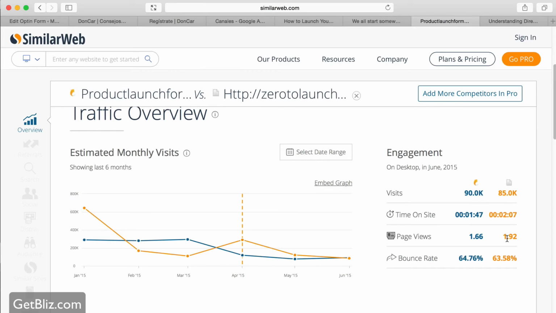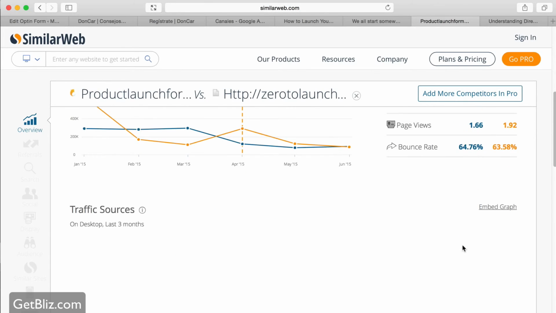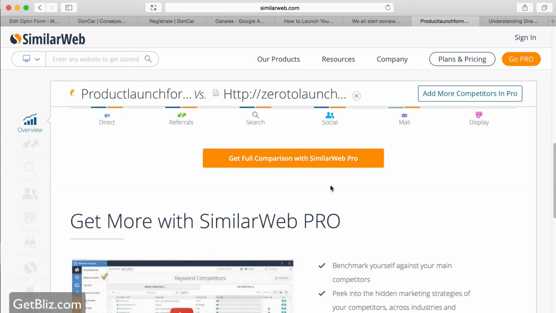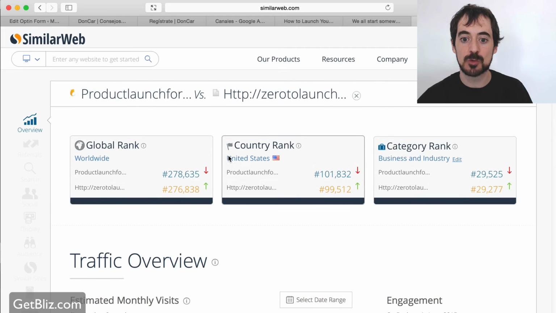They actually watch more pages per visit. The bounce rate is almost identical. And their traffic sources, guess what? They're almost identical as well, except that Ramit Sethi has higher referrals. Anyways, I think that's a very interesting tool to see what your competitors are doing.